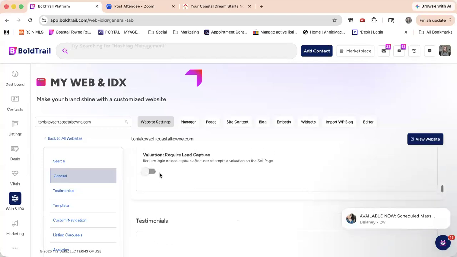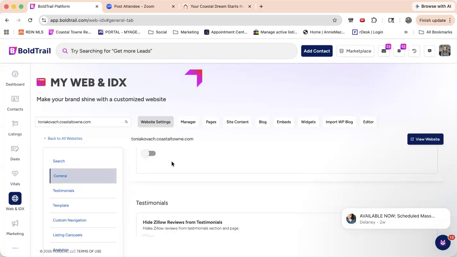If they sign up through your website, you turn this on where it makes them register, they're going to automatically be pulled in as a contact on your CRM, which is very handy. So,